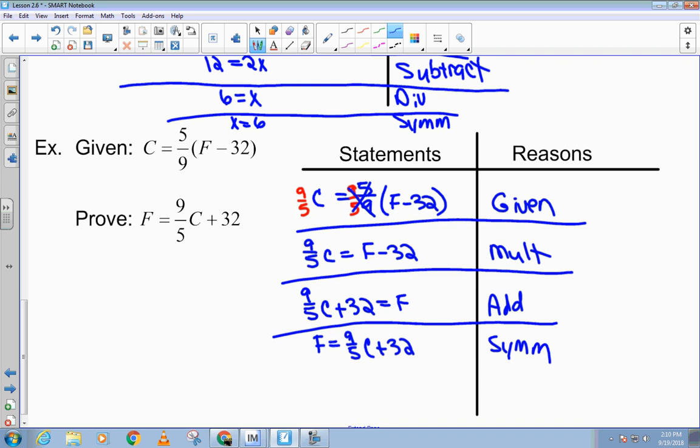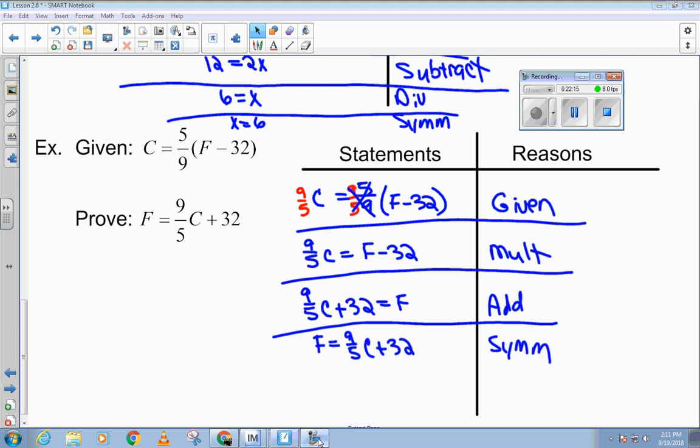Now, if you're not comfortable with that, you could have multiplied both sides by 9 and then distributed the 5. You would have gotten the same answer. It would just take me probably about 4 or 5 more steps. But that's fine, because as long as you get there, that's what counts. Okay? All right. So